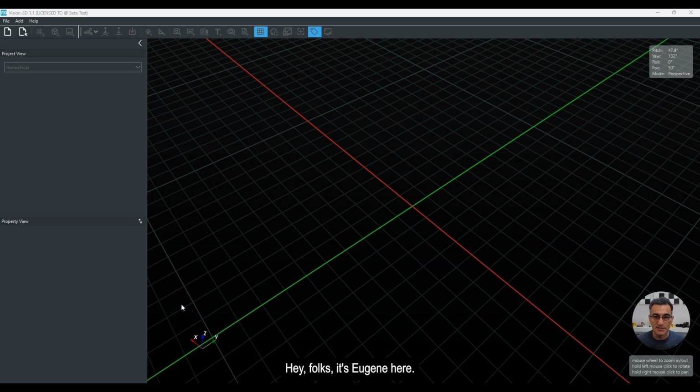Hey folks, it's Eugene here, and today I'm going to do a quick example of Vision-3D, using it for forensic autopsies or medical examinations and things like this. I think I did a post a little while ago and the response was really good, and I had some inquiries and some questions, so I thought there was more that I could show here with this particular tutorial video,